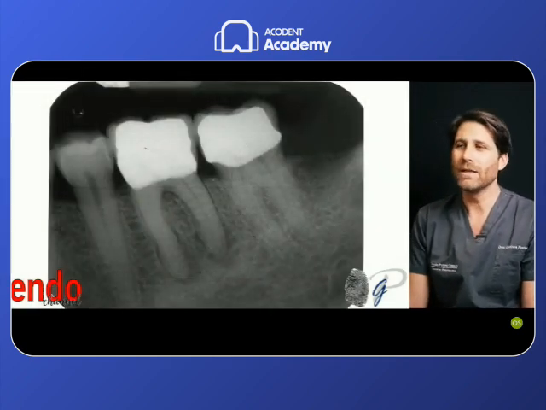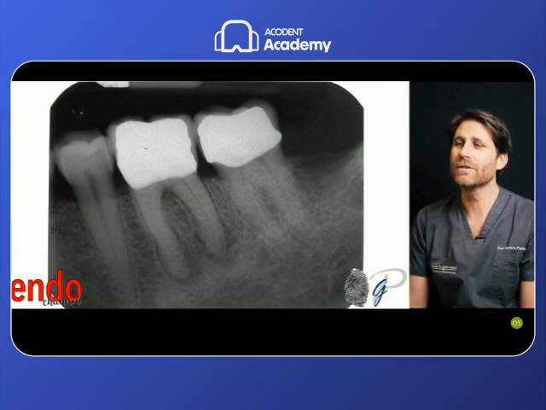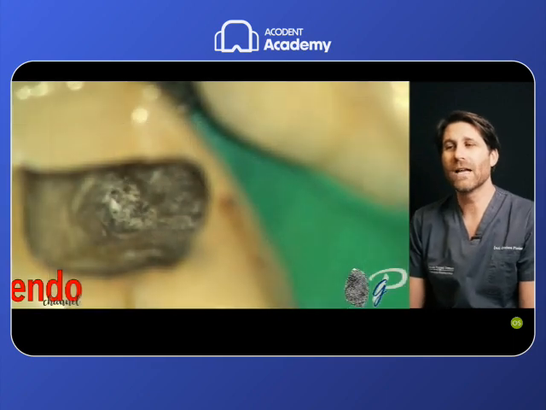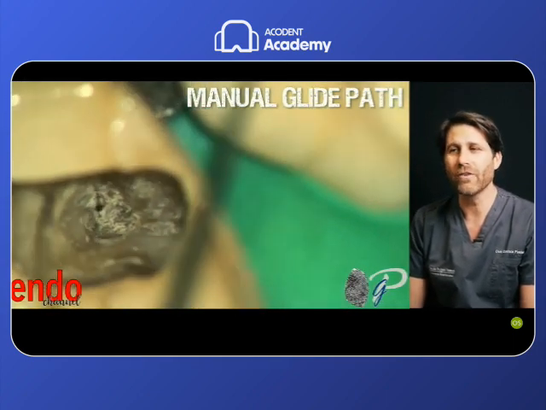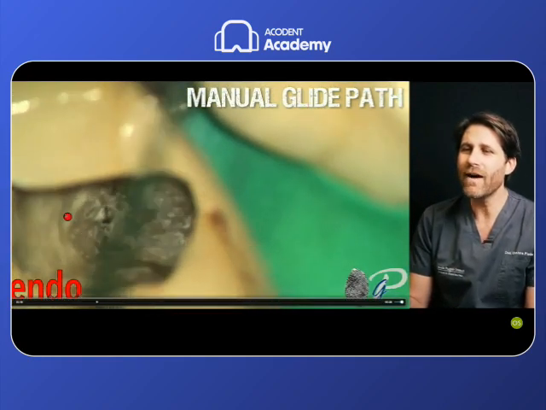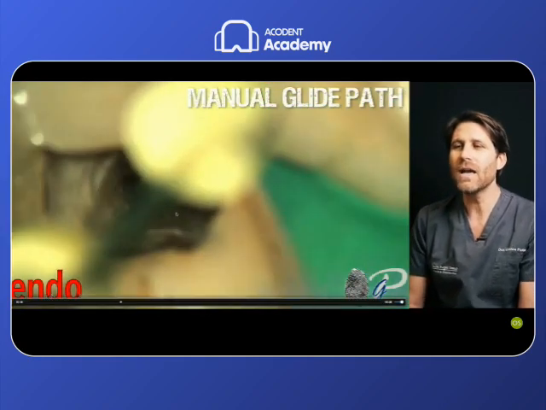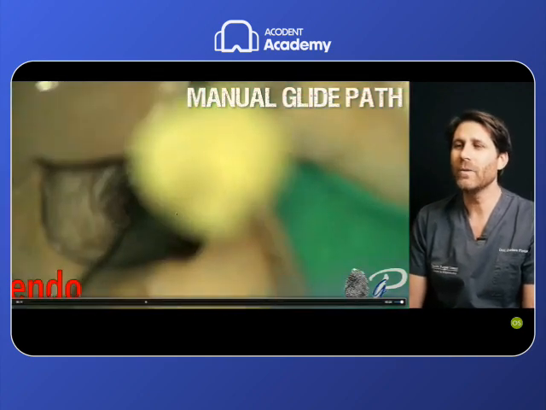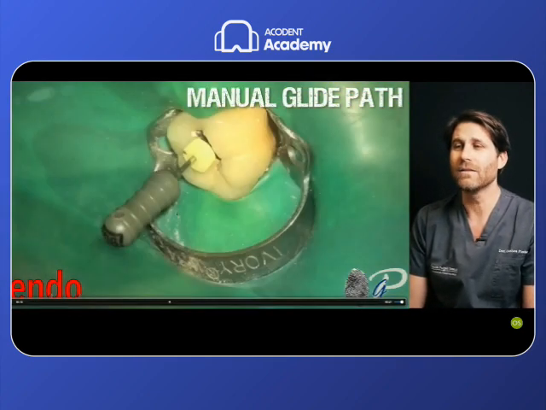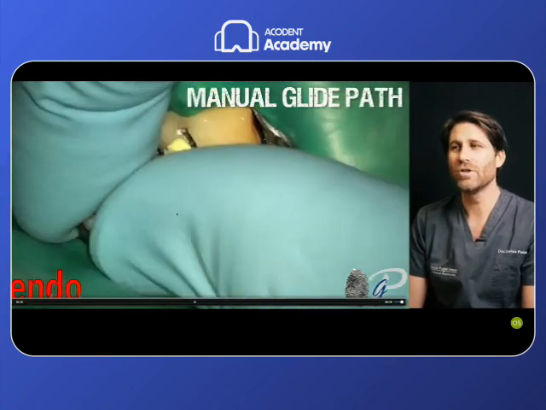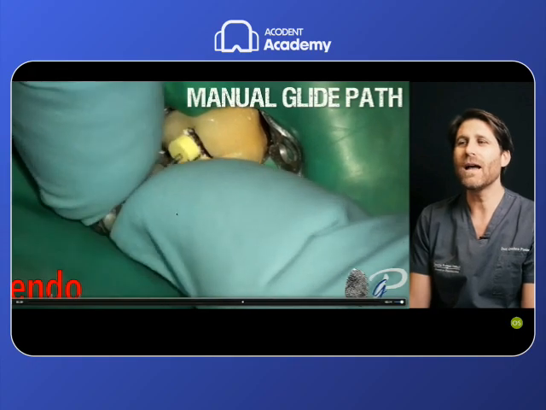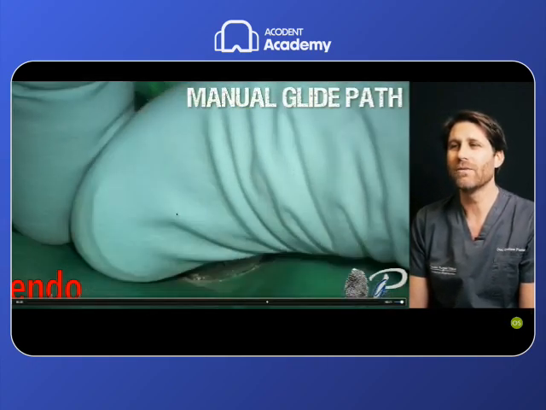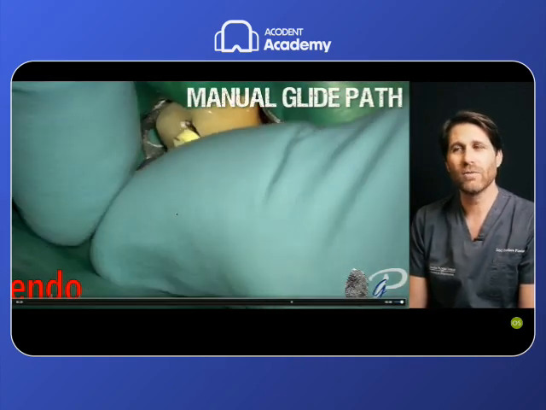For example, in this first lower molar, passing through the crown, removing the calcification of the pulp chamber, as we have seen in the orifice location phase, and as soon as we have identified the orifice location, in this case, I started with the size 8 stainless steel file to establish the scouting and to study the root canal anatomy. I studied the root canal anatomy and I reached the working length with this file, working length controlled with the apex locator.